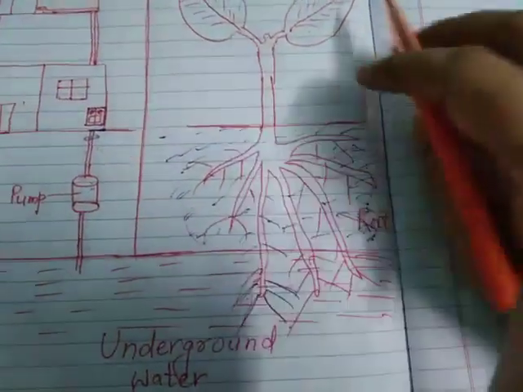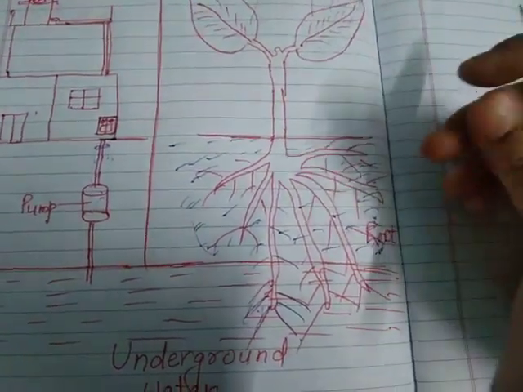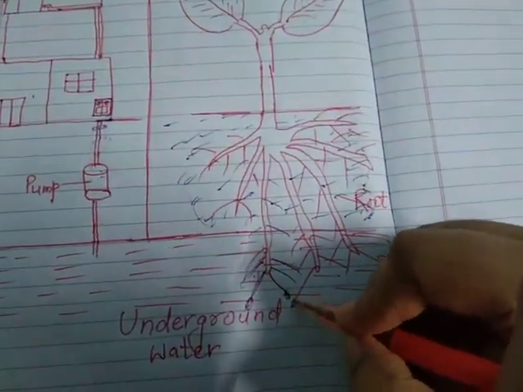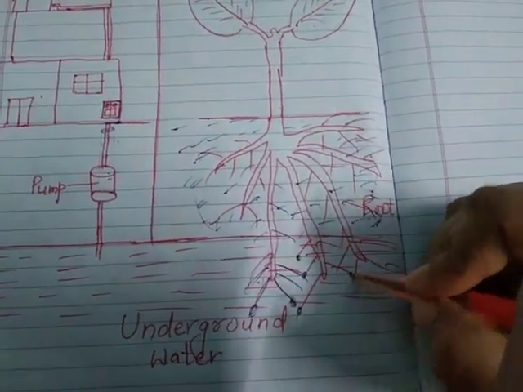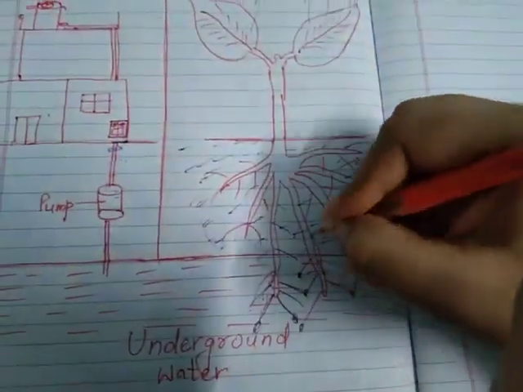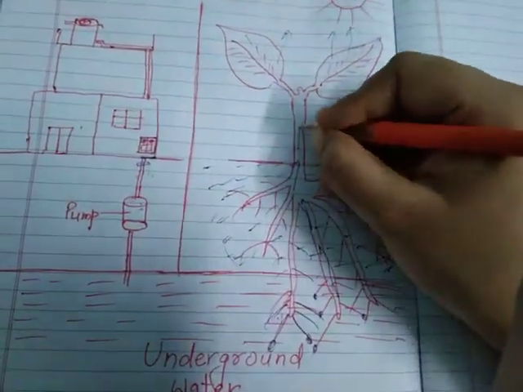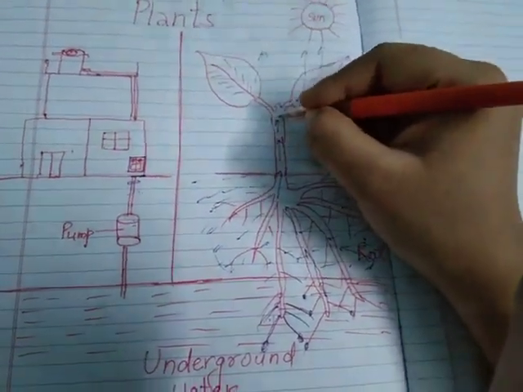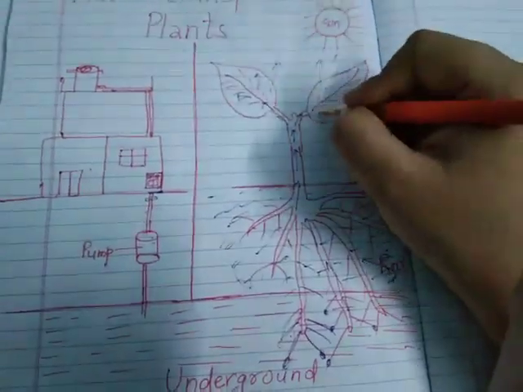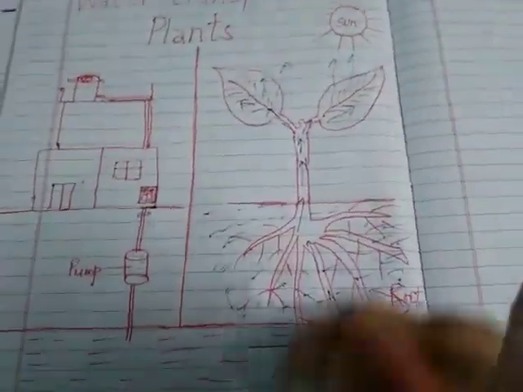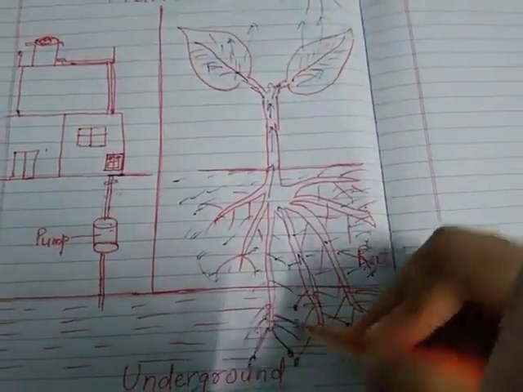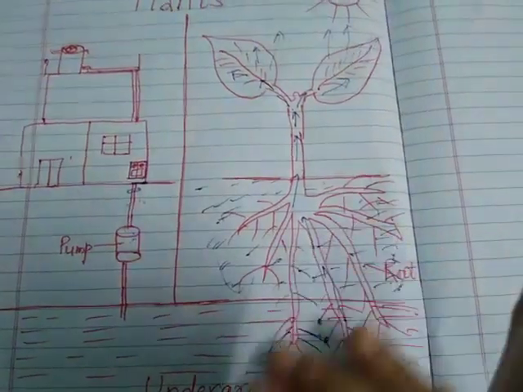The root hairs start to suck water, because at the base of the root are present small sponge-like structures which suck the water, and after sucking, it passes the water to the stem, and from the stem it reaches to various branches, and from branches it reaches to the various leaves, each and every leaf of the plant, and thus the requirement of water for the plant is fulfilled by the roots.